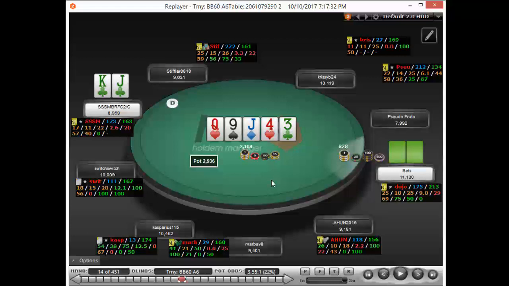Because we showed so much strength by flat calling this flop, I think he can definitely take this line with ace queen or king queen. I don't think he's going to take this line with a hand like ace king and turn it into a bluff. I'd expect him